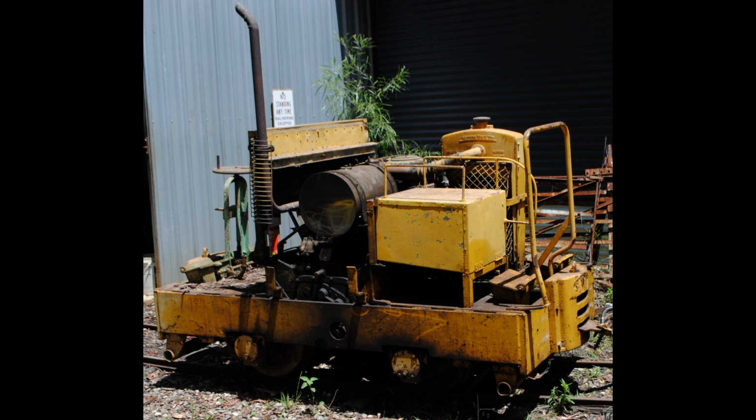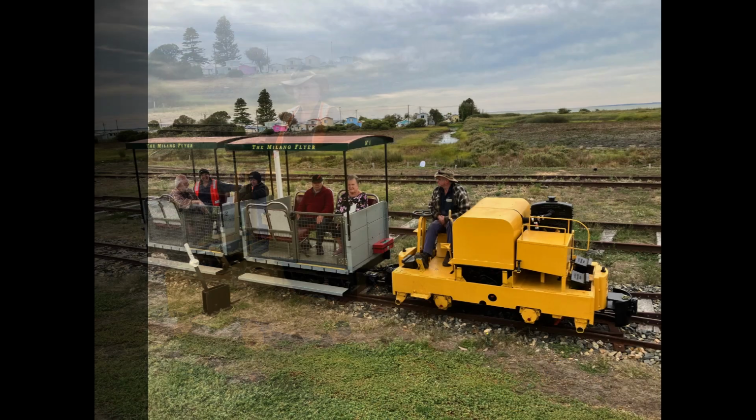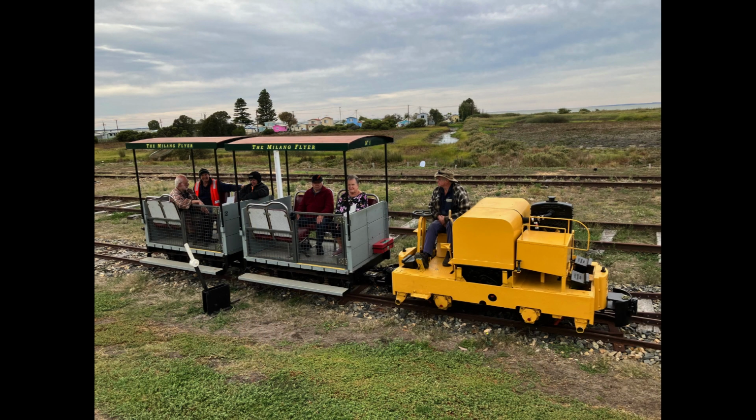In 2021, he sold the locomotive to one of our volunteers, Peter Lucas, and it was brought down to the Murray Bridge home of Neville Thomas, who then spent 15 months restoring the locomotive back to as new condition. In 2023, the locomotive arrived at the Milan Museum, where it is now on permanent loan and is used to